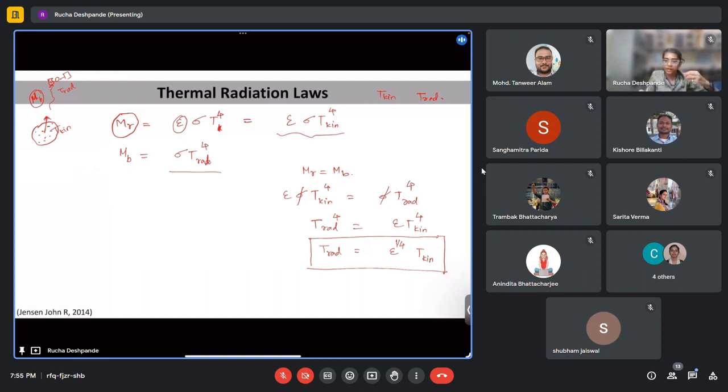So, for real world objects whose emissivity is known, the relation between radiant temperature and the kinetic temperature would be